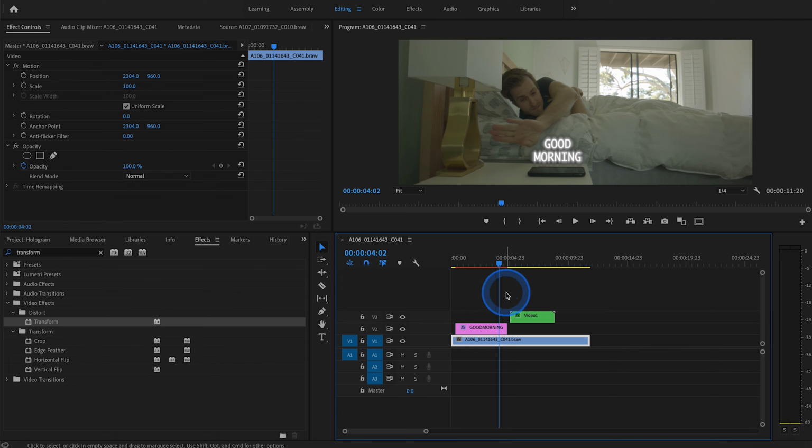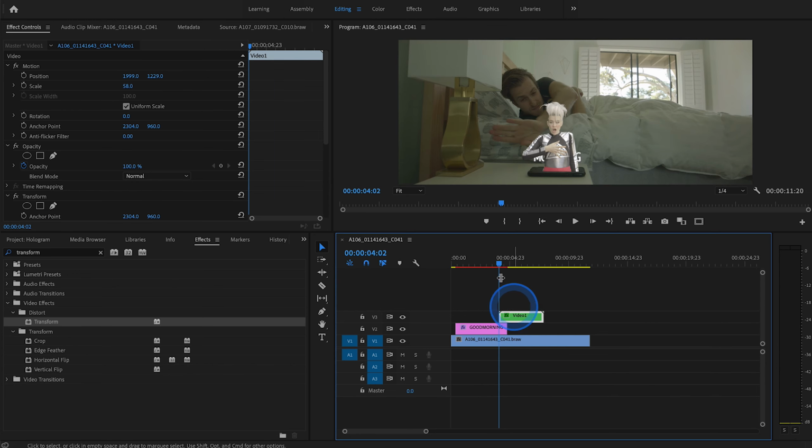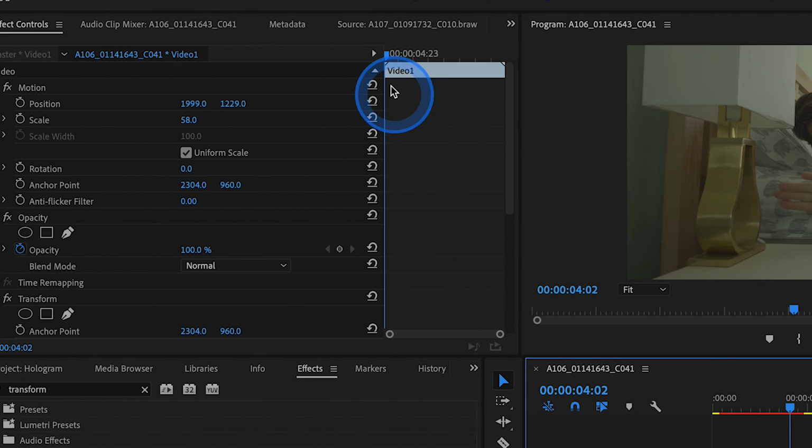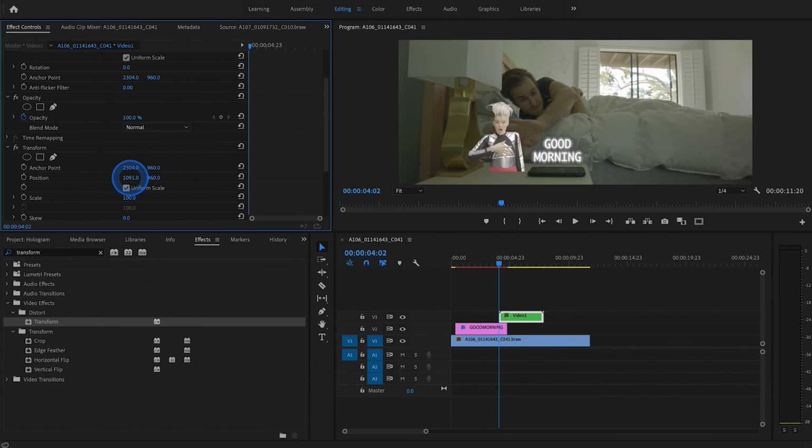So let's just drag our video layer so that it begins right at that point. And with our video layer selected, let's make sure the playhead is all the way at the very first frame. Let's scroll down to our transform settings, and let's set a keyframe for the position. And we can just move this over,